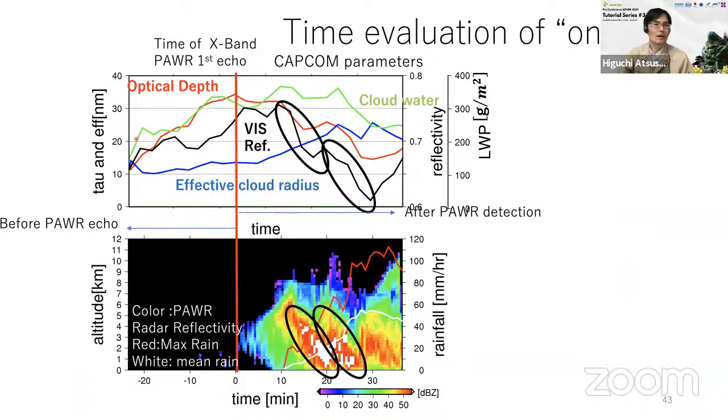This is the cloud water, and the green line increases just before the first detection, capturing cloud development 20 minutes before, like this. Also the optical depth, in red, increases just before the radar detection. And you can also see the rain cells and downward movement captured by the radars. These are also synchronized with the visible wavelength reflectance decreasing, very well synchronized. With these, Himawari also captures cloud evolution